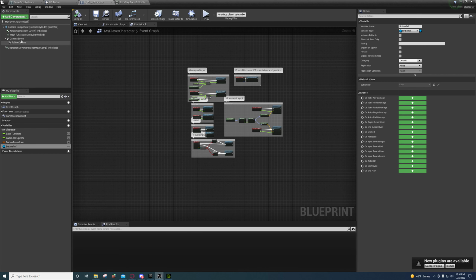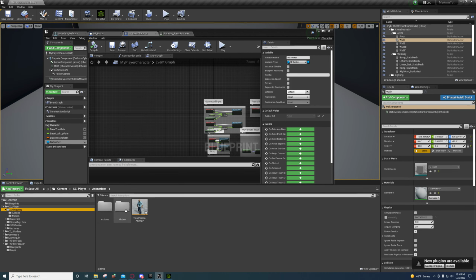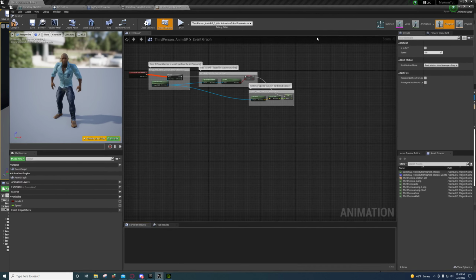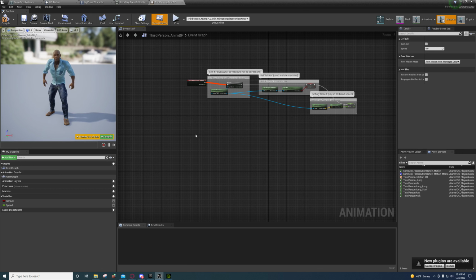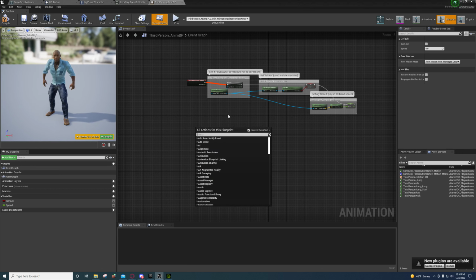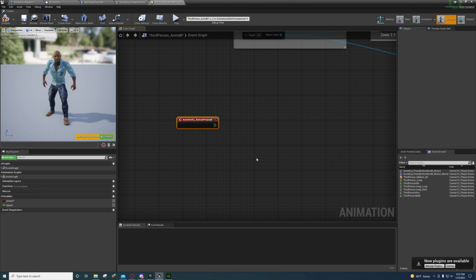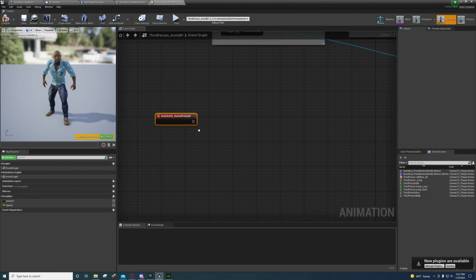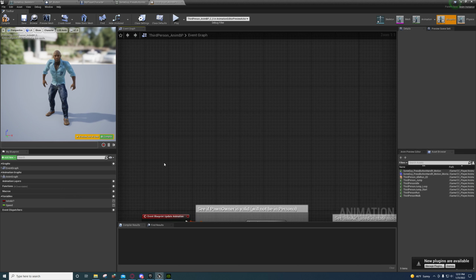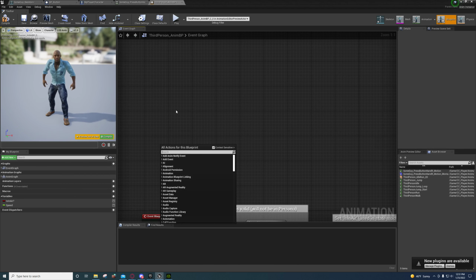So what we need to do is go to your animation blueprint under your animations folder, double click on it, and then right in here under the event graph, right click and type in button pressed. And right here you'll see event anim notify button pressed. And then off of, actually, let's go up here. Let's say